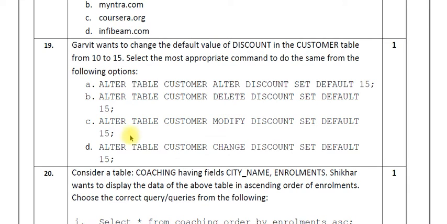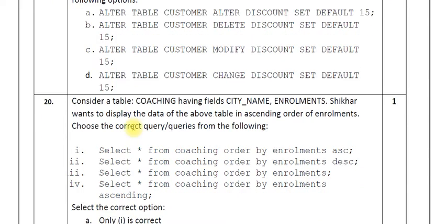So over here it comes from the alter table commands, like alter: how can we delete a particular column, how can I delete a particular row, how to modify a certain value. All these kinds of things can be done, and from that part a certain question is going to come, and you can see this question is available over here.